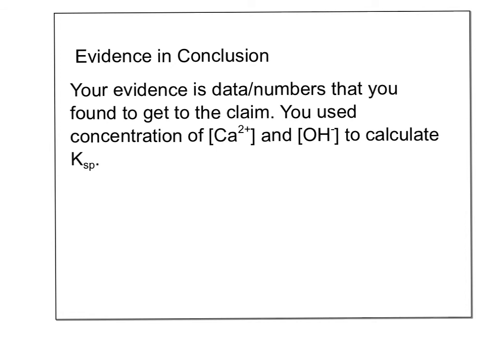And those are the most important numbers that helped you get your claim. In this case, the KSP, your average KSP, was your claim. So what were the most important numbers to get there? Well, KSP was equal to calcium 2 plus times OH minus squared. So the molarity of calcium 2 plus and the molarity of OH minus, I was looking for those numbers as